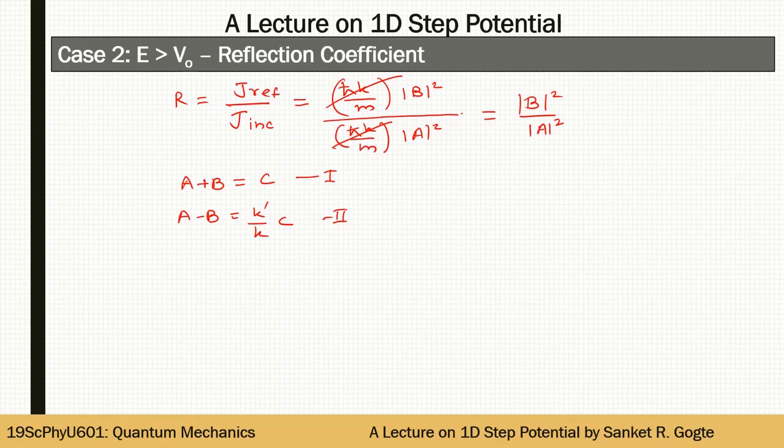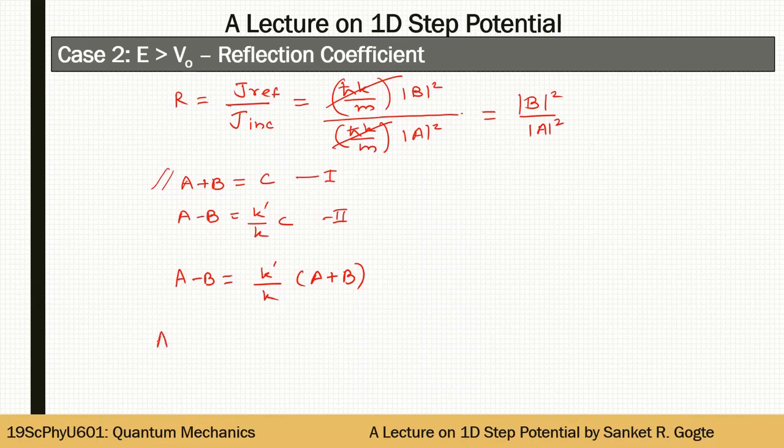And for that, I'll use the first equation and replace the c in the second equation as a plus b, so that I have only a and b in the equation. So I have a minus b is equal to k prime by k, and c is a plus b. This is what I'm doing. So what I have is,